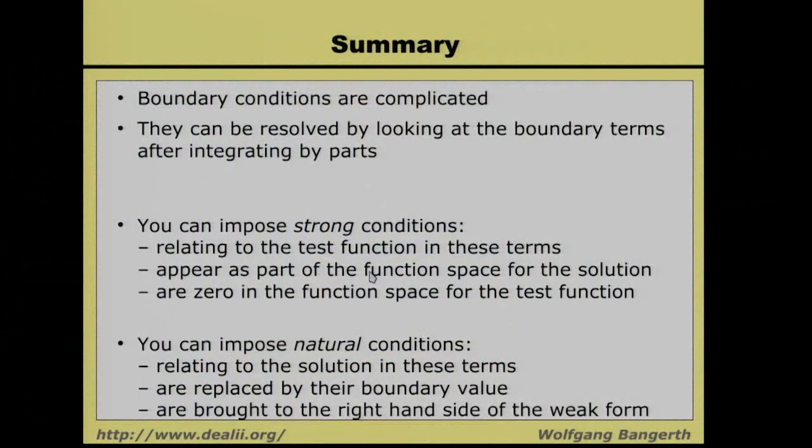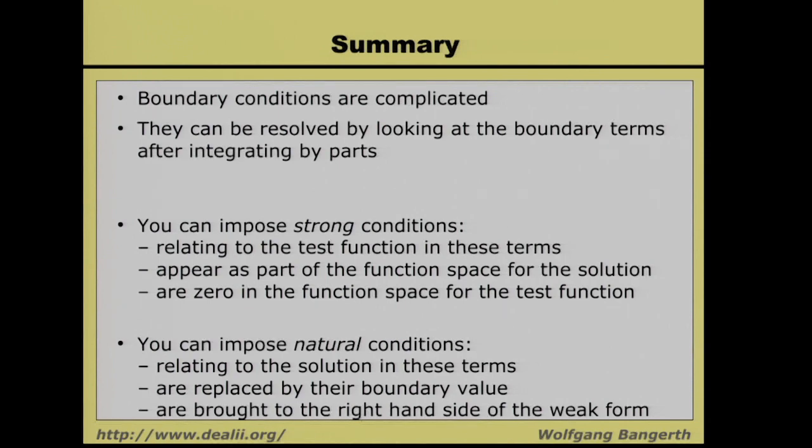And then there's two options that you have. One would be that you can impose strong boundary conditions. And strong boundary conditions mean that there is some part of the test function that you can set to 0 because it needs to be tangential to the solution space. Okay. So in that case, the term just disappears, or at least part of the term disappears,